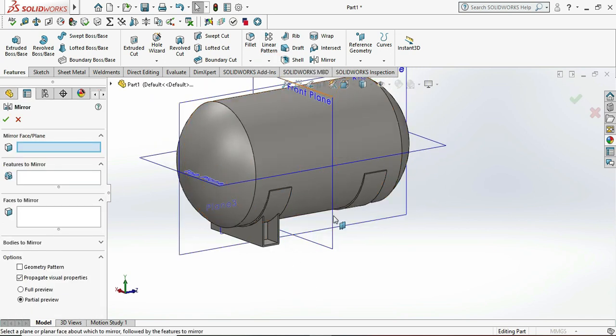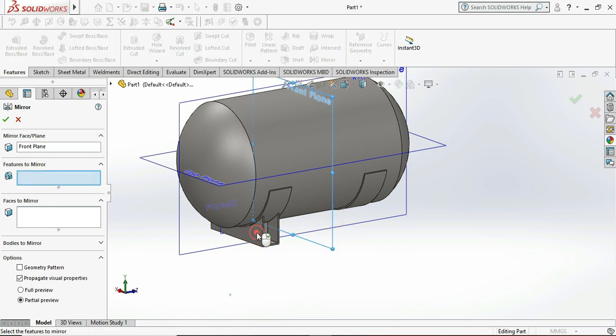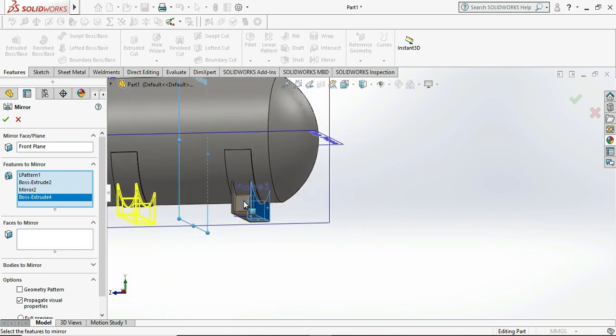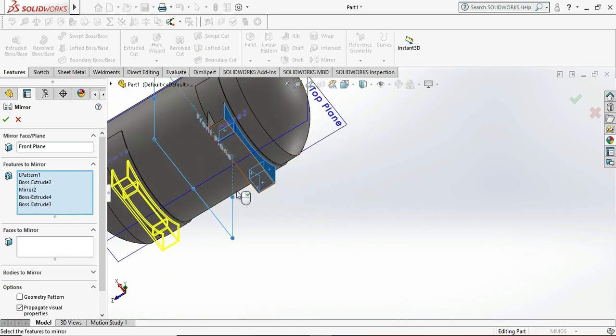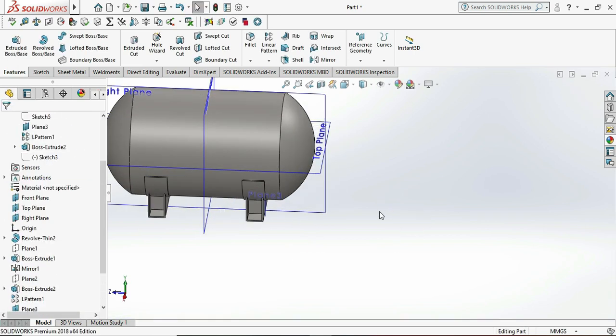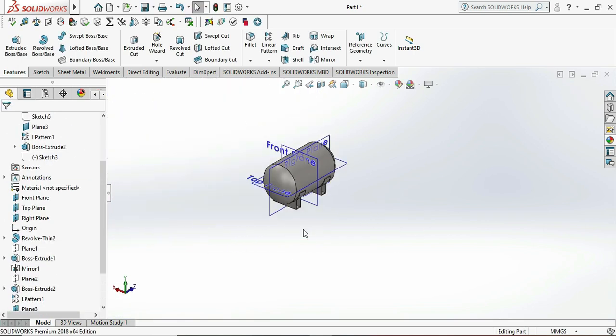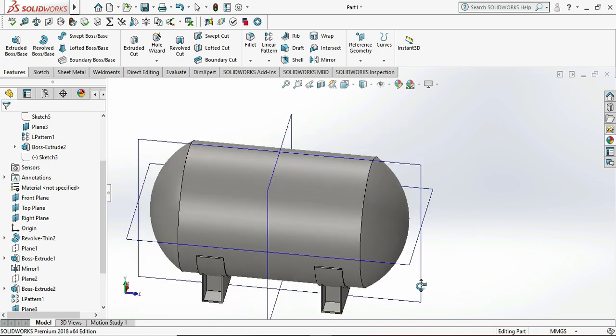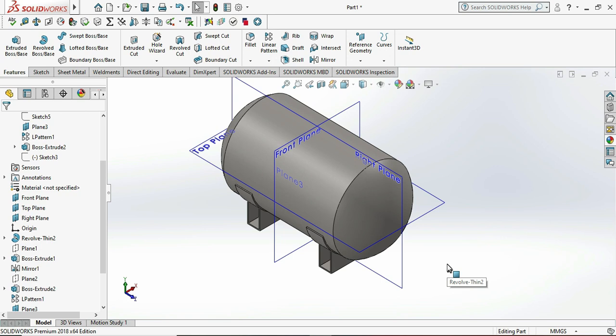Then we need to mirror that total object, the totally drawn supports, to our right side pad plate. So let me mirror it. Click on OK. Now our boiler support work is over. I need to